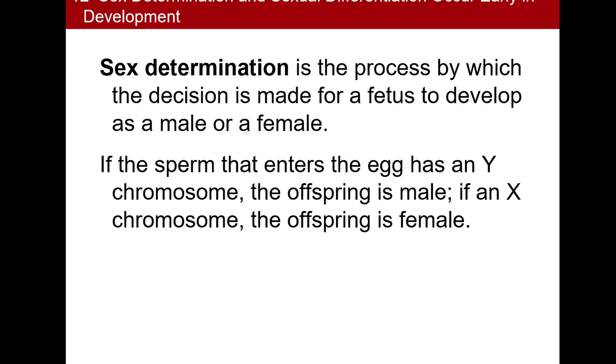Now, how does that play a role in who determines the sex of an infant? Mom only has X's to give and dad has X and Y. If mom gives an X and dad gives an X, the individual would be biologically female. If mom gives an X and dad gives a Y, the individual would be biologically male. And we will talk about some exceptions to this on Thursday. So it is the sperm that's actually determining the sex of the fetus rather than the egg.